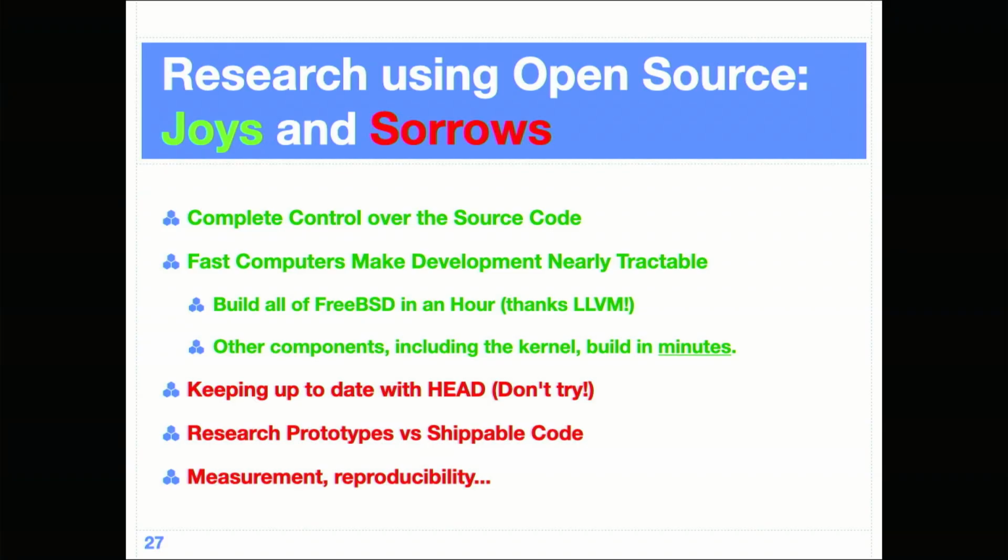When you're working with open source software and you're doing research, research takes months. It took us 6 months to get the paper out on this. In 6 months, FreeBSD had a stable release. The head of the tree moved every single day. People were making commits. We were trying to track the head of the tree, which, you know, there are companies that do, like Netflix, which uses FreeBSD. But they have a lot of people paid a lot of money. And I'm a graduate student. So that's the opposite of a lot of people paid a lot of money. So keeping up to date with head is hard.